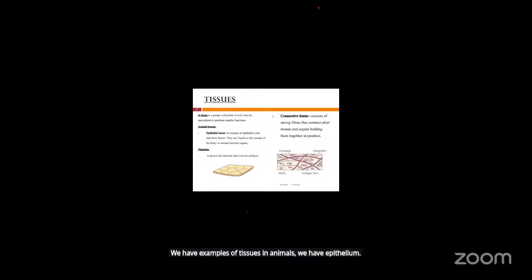We have examples of tissues in animals. We have epithelial tissue, which consists of epithelial cells, which are found on the outside of the body around the